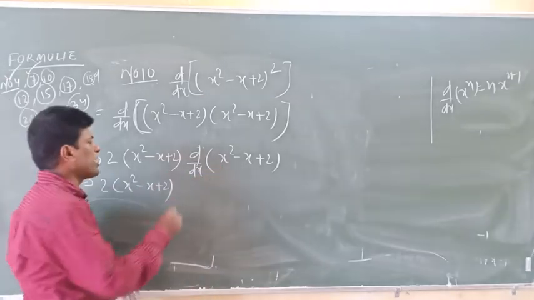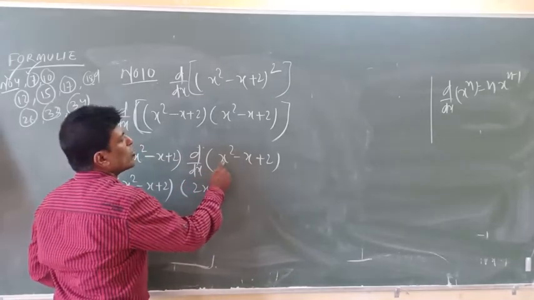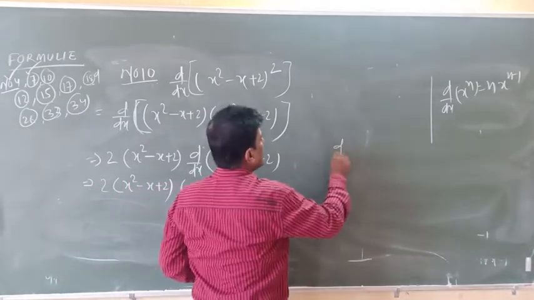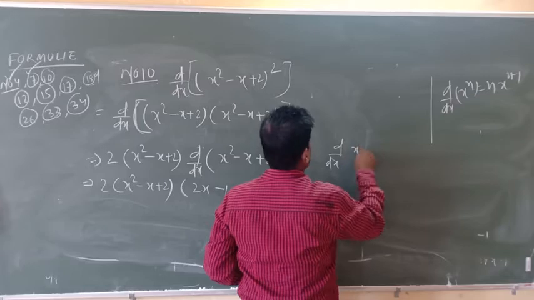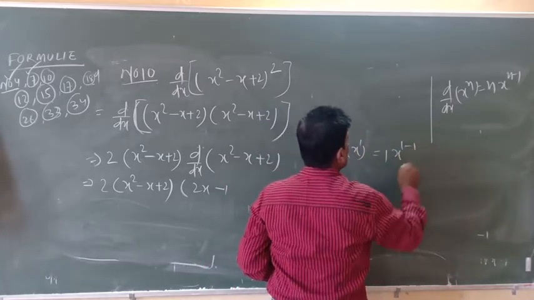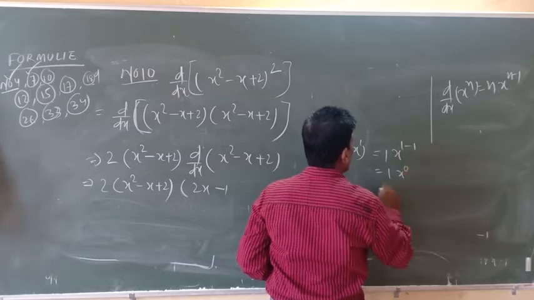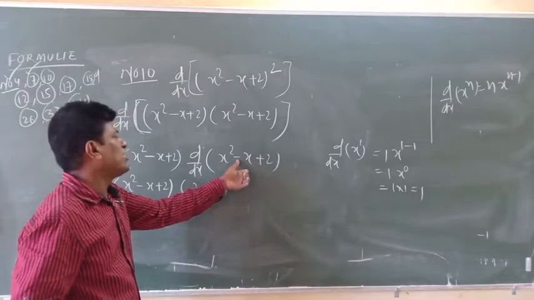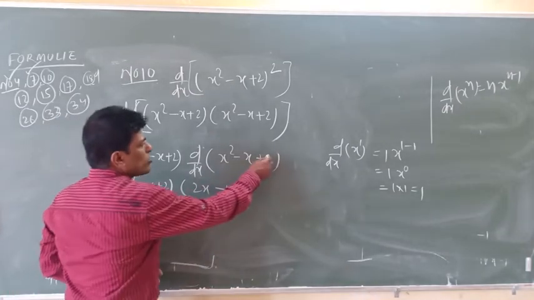You know the derivative of x square is equal to 2x, and the derivative of x is equal to 1, because you know d by dx of x to the power n. Here power is equal to 1, 1 is coming, x to the 1 minus 1 is equal to x to the 0, 1 into x to the 0 is equal to 1, 1 into 1 is equal to 1. So the derivative of x is equal to 1, because the sign is minus, so minus 1. Where 2 is a constant,